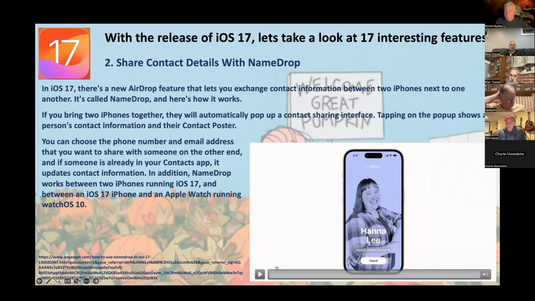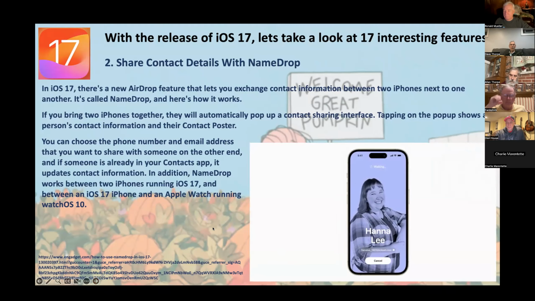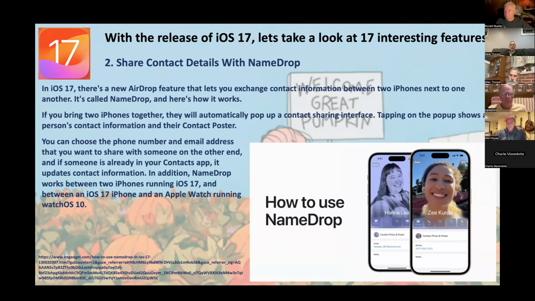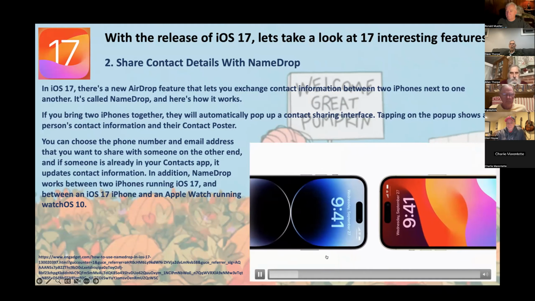And this is what it will look like. You can quickly share your contact info with others using NameDrop. Here's how. Hold your iPhone near